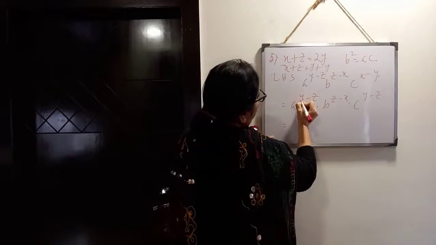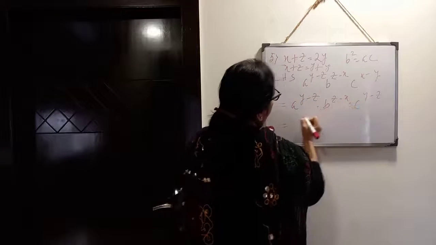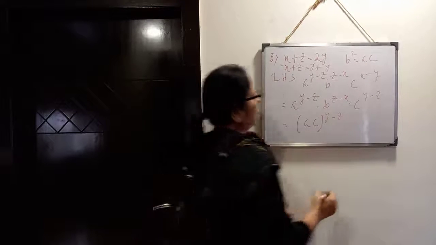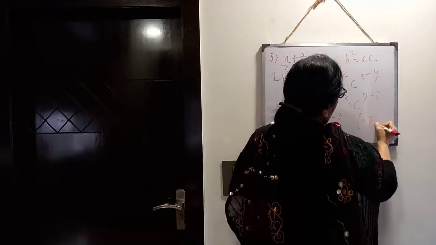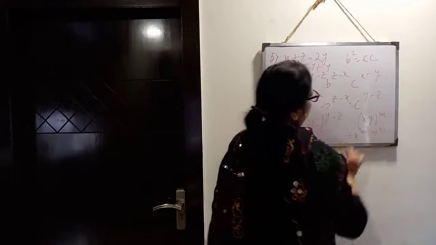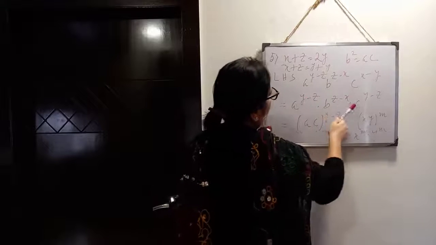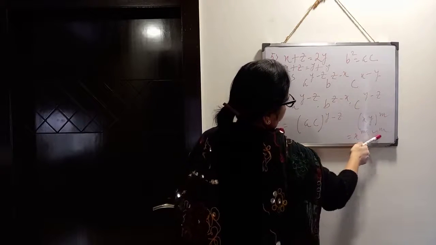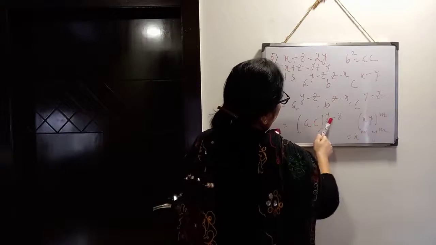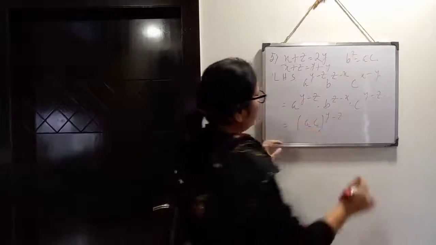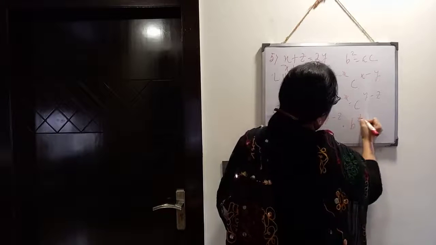Here now the power of this and the power of this are the same, so I can write it in the same bracket. By one rule I have told you, if there is xy to the power m, we can write this equals x to the power m into y to the power m. So here also a to the power this into c to the power that, same power. So in place of that, this is given, right hand side given, so we can write ac to the power y minus z by this rule. Clear? So it is coming ac to the power y minus z into b to the power z minus x.